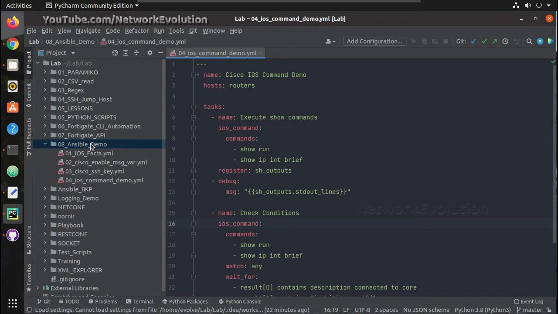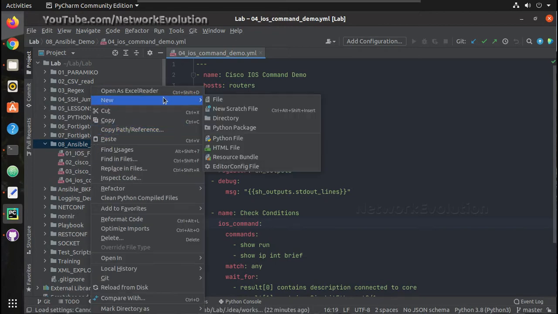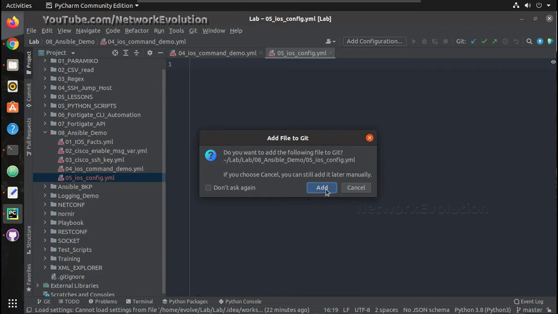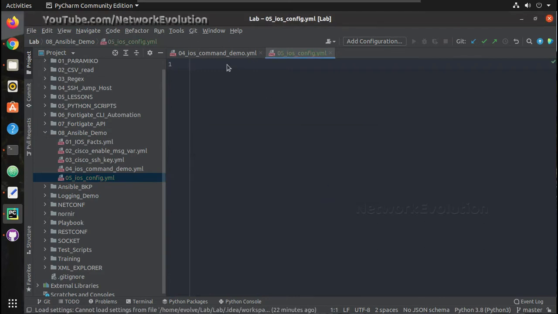Let me create a new file here. I will call it 05_ios_config.yaml. And I'll give the name IOS config demo.